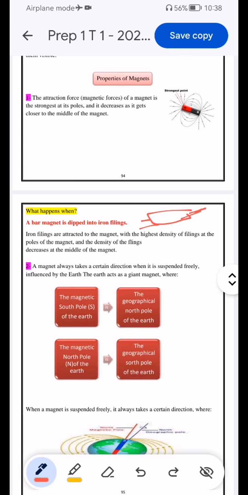Okay, so if I ask you to give a reason why the iron filling collected or has more density at the poles, because what? Because the attraction force of the magnet is strongest at the poles and decreases when getting closer to what? To the middle of the magnet. Okay, the second property of the magnet is